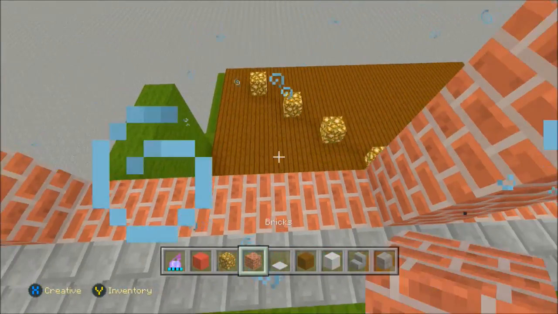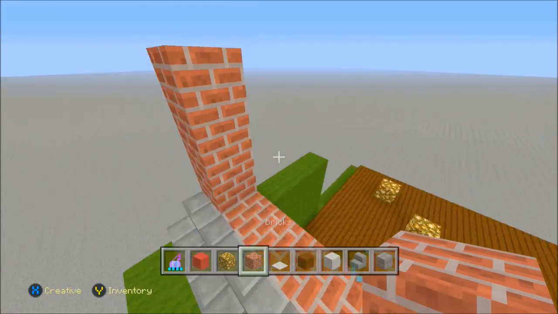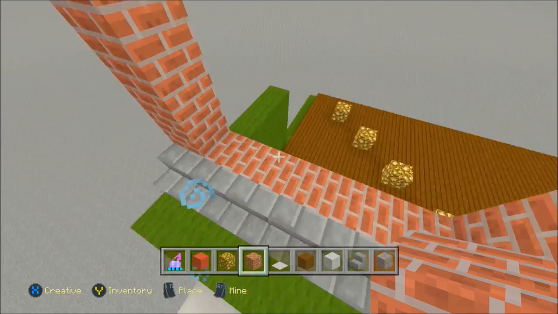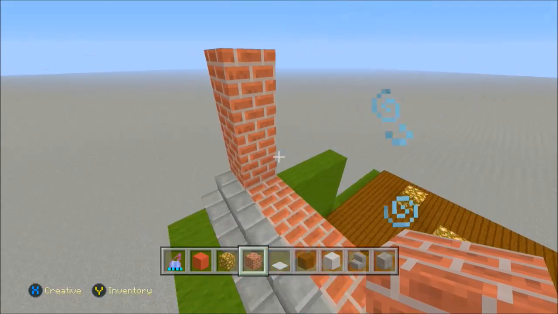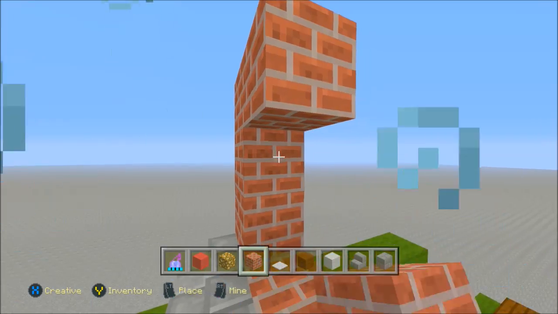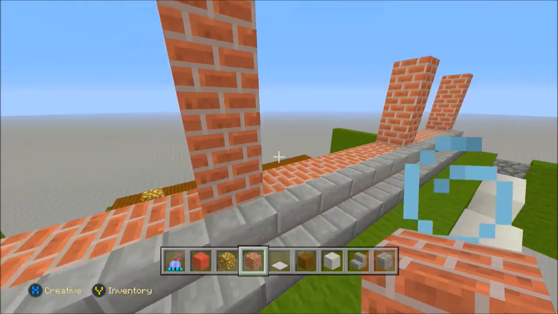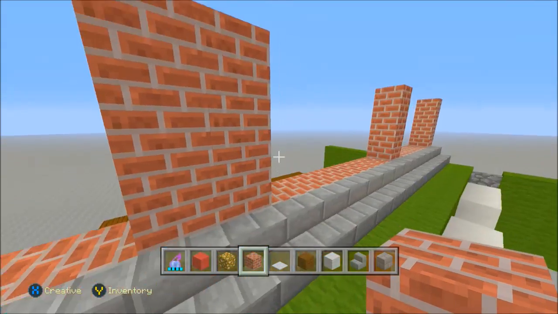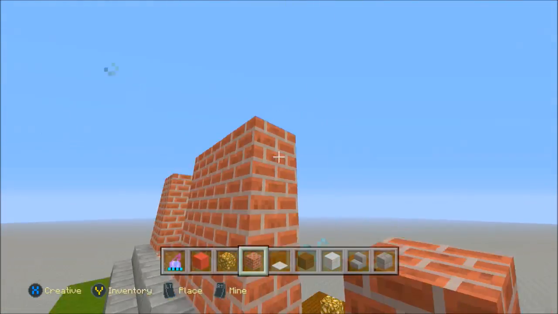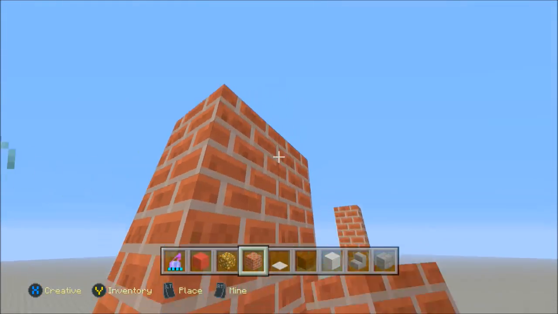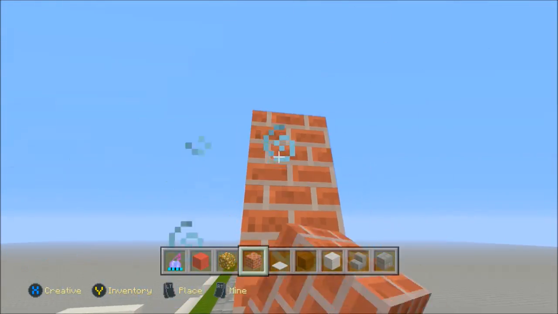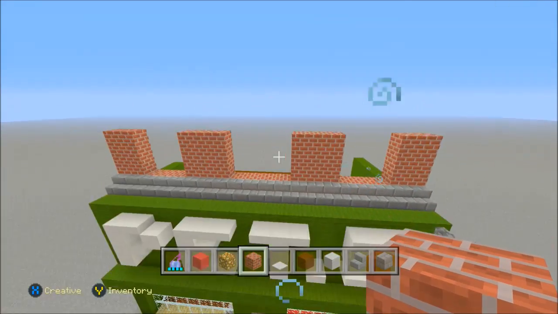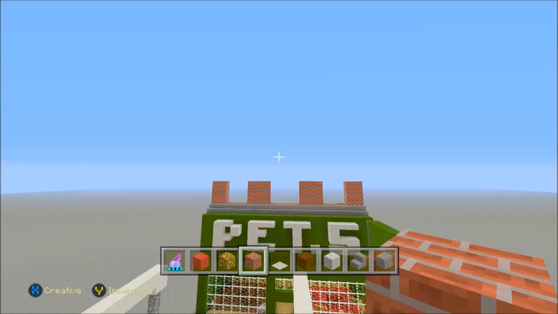But yeah, as you guys can see, what we're going to do now is add a little bit of depth to the building. So we're going to add another second pillar here. It's going to be the same height there, and then we're just going to do 1, 2, 3, the same on either pillar. So 1 on that side, 1, 2, 3, and we're just going to do the same on this side. Basically just add 3 there, and then just add some there. So now we've got windows that look a bit more condensed and a little bit better.